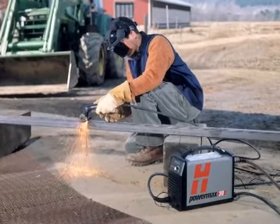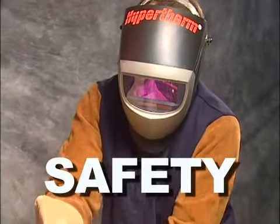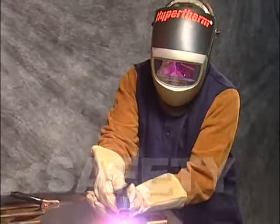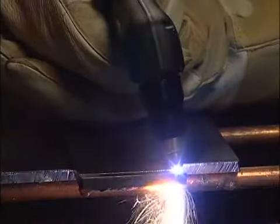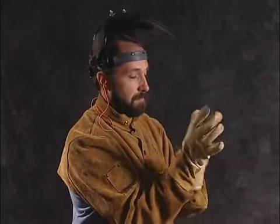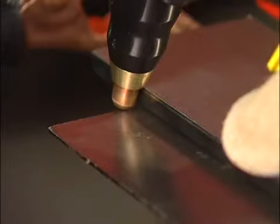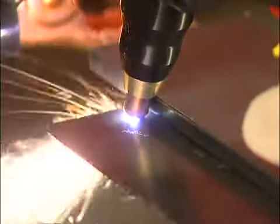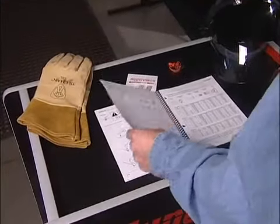Before we begin talking about system setup, we must first emphasize the importance of safety. The plasma arc cutting process is very safe. However, it is extremely important that you fully understand and follow prevention methods to guard against electrical shock and learn how to protect your skin, ears, lungs, and eyes. By following proper setup and operational procedures demonstrated in this movie and outlined in the operator manual, you will minimize